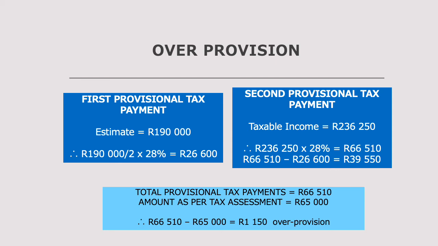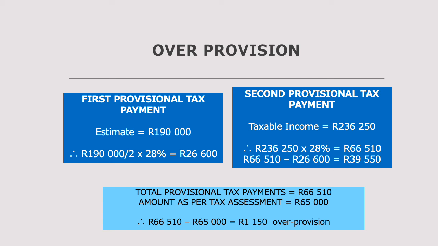That means in order to get your first provisional tax payment, you take 190,000 Rand, divide it by 2 because you are going to make at least 2 provisional tax payments, and then you multiply by the company tax rate of 28%. That means your first provisional tax payment paid to SARS would amount to 26,600 Rand. We then need to go and calculate our second provisional tax payment. Now, the second provisional tax payment is made at year end. We now know what our actual taxable income is, and our actual taxable income is